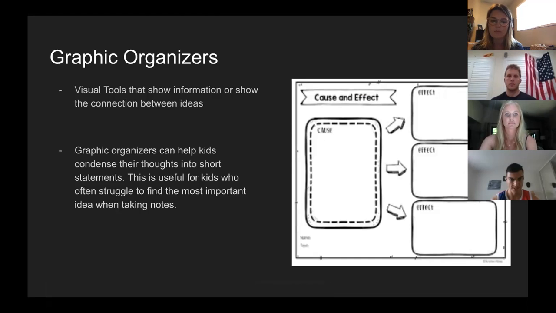This is something from my own experiences. Maybe if you're lecturing, especially at the high school level, you're lecturing your class and giving them a lot of information, and they might not have a lot of time to jot down notes of everything you're giving them. This is a good way of helping them identify what is really important to remember and take notes on.